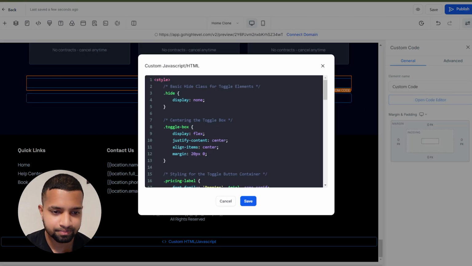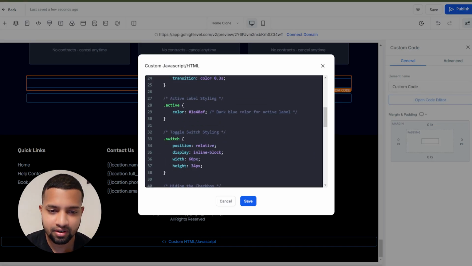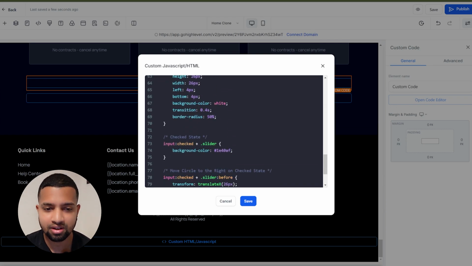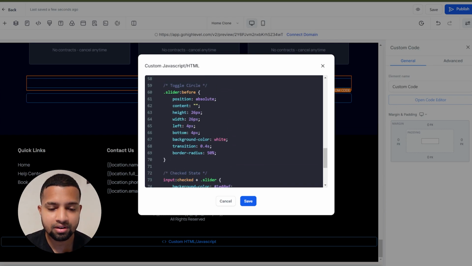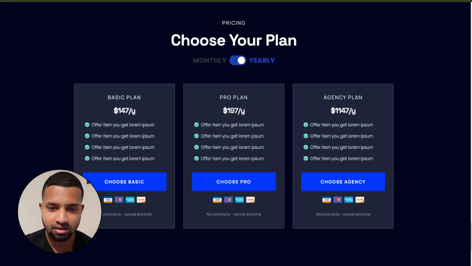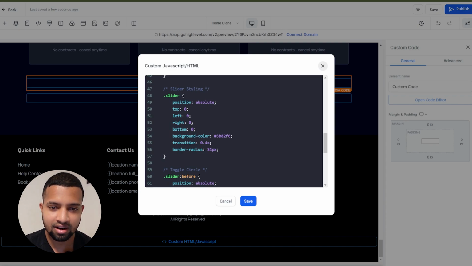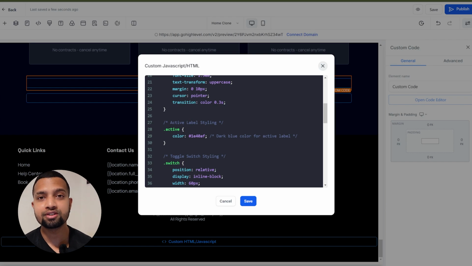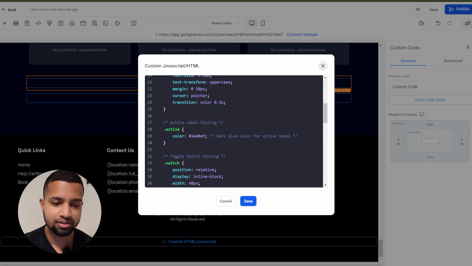Open codes. There are lots of different things. You don't have to change anything else. I'm just going to show how to change the colors. As you can see, the toggle circle is white. You can change this color, and the slider, which is this, you can change that color as well, which is inside the slider. And you can also change the color between the toggle, which is here, dark blue color active